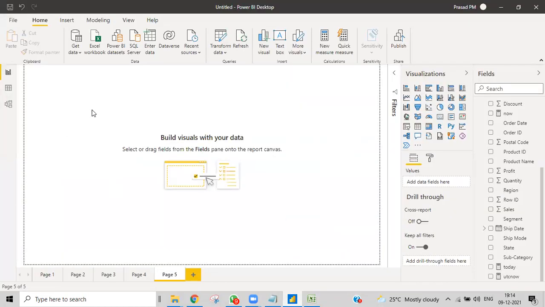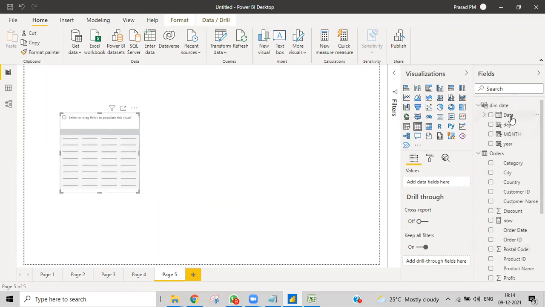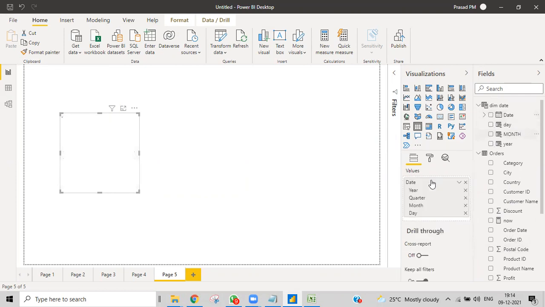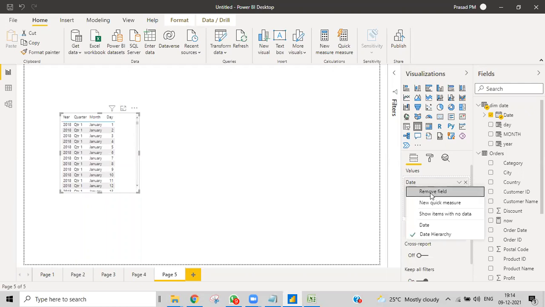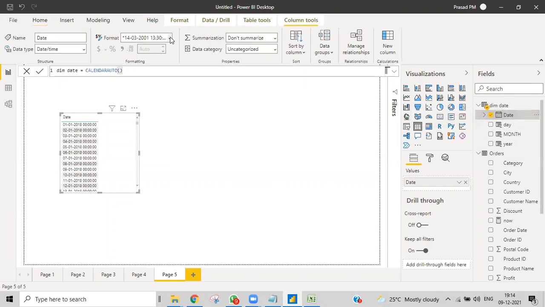We'll go here and I'll just create a table. I'll give the date. I got the date. I don't want the hierarchy, I want only the date. I don't want this date in that format; I want to make it a short form.